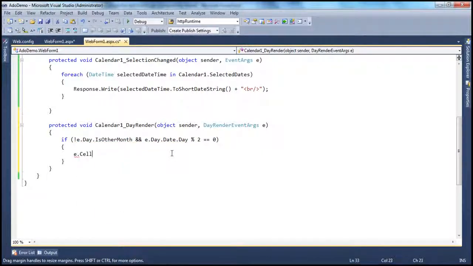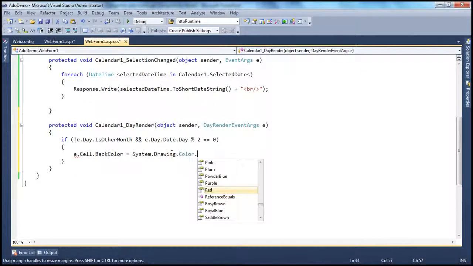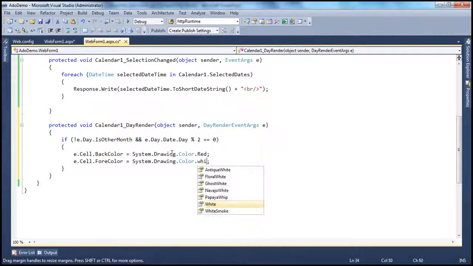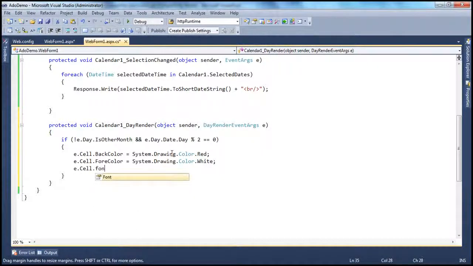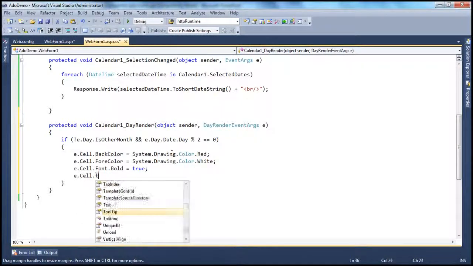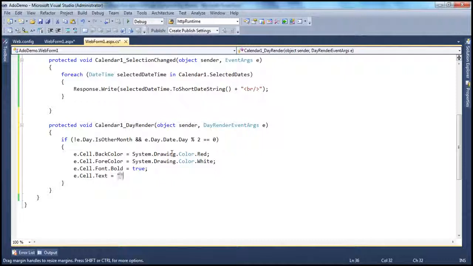We want to set the back color of the cell maybe to red, and maybe the fore color, basically the font color, to white. And I want to bold the text, so e.Cell.Font.Bold is equal to true, and we want to put a red X there, so e.Cell.Text is equal to X,